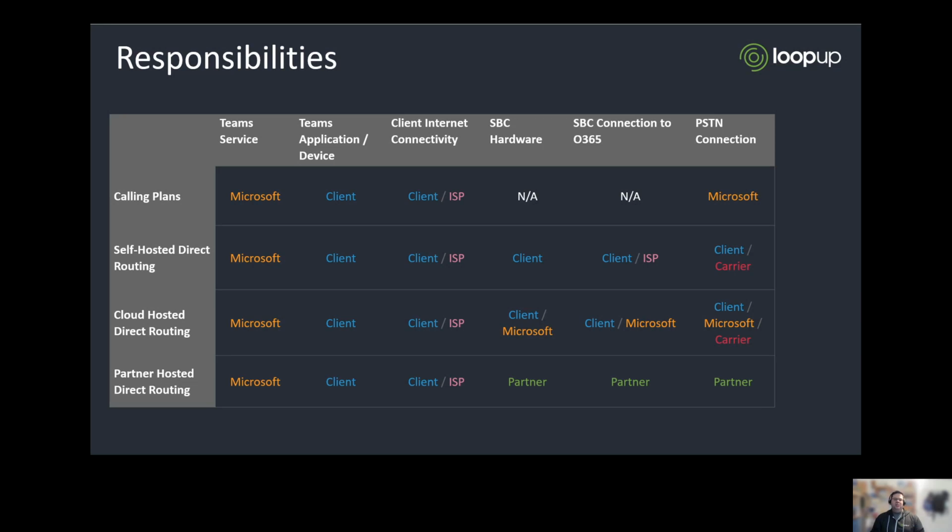Whereas if we look at the next two down, the self-hosted or the cloud-hosted, taking the self-hosted, same three responsibilities for the same first three items in our table. But the SBC hardware is then the responsibility of you. If that's in your data center, you have to give it power, you have to cool it, you have to make sure it's up and running, you have to patch it, you have to look after the rule set on it, etc. And it's also your responsibility and your ISP's responsibility to make sure that it has connectivity to the